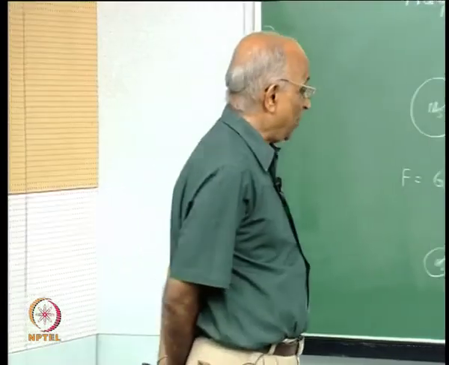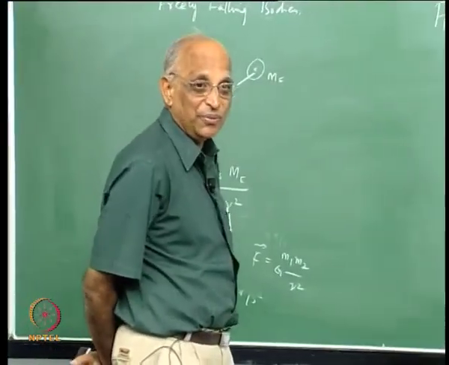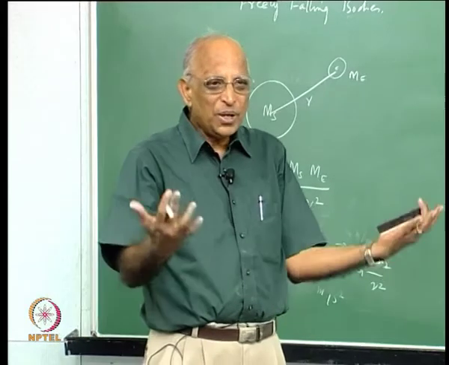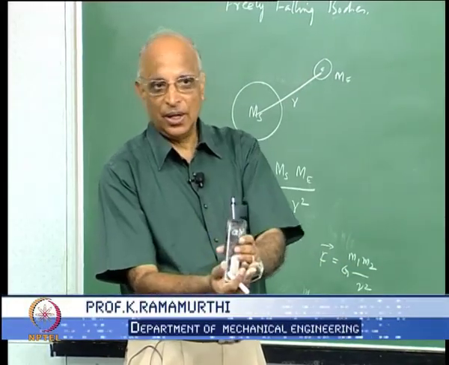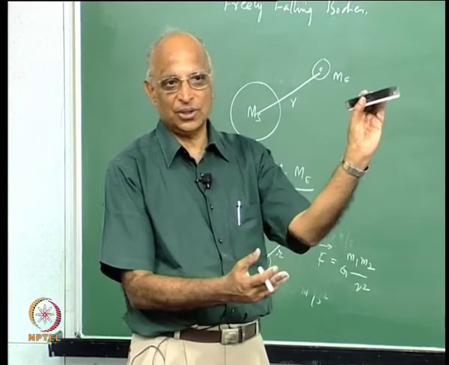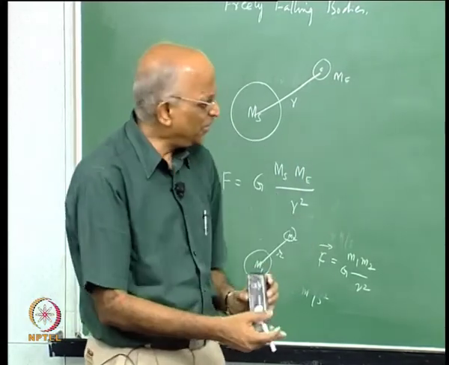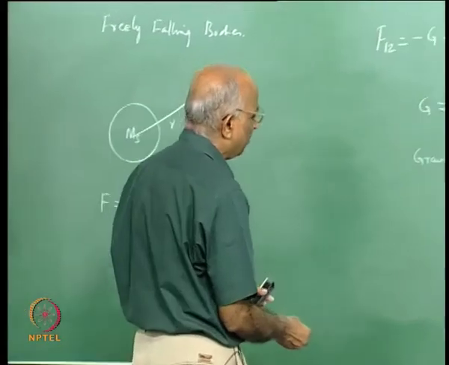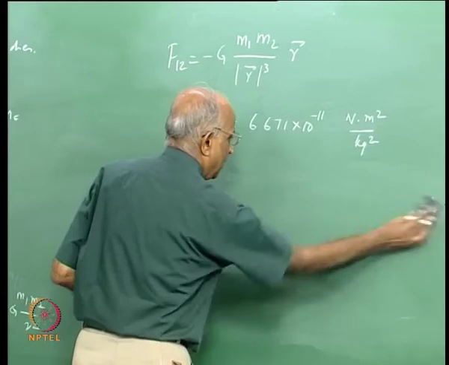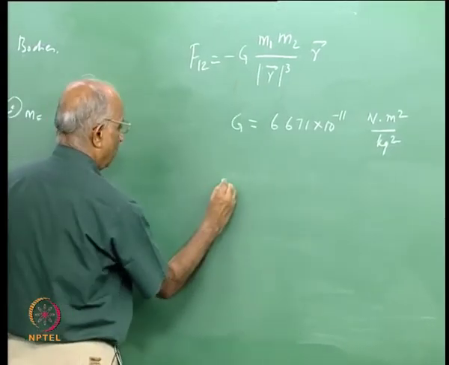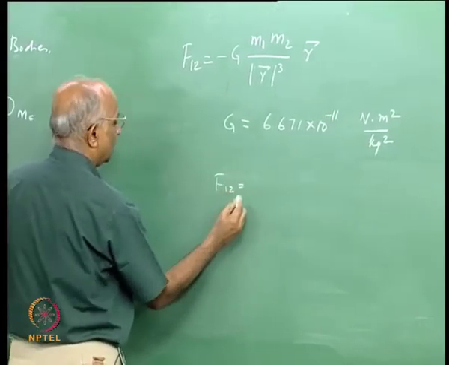Because all of us know well, g has units of meter per second square, we call it acceleration. But how can the earth give something an acceleration? Acceleration is the rate of change of velocity. Therefore, small g, how will I define it? We go back to the universal law of gravitation and write F12 is equal to,